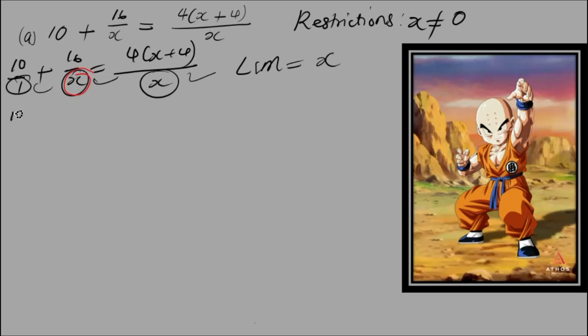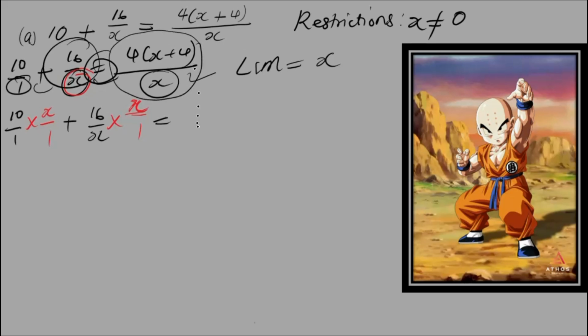So here you have 10 over 1. Multiply that with the LCM. It's going to be multiplied by x over 1. Do you see that? Then you move on to this fraction. You have plus 16 over x. Multiply that with the LCM. It's going to be multiplied by x over 1. Hope that makes sense. Then you have an equal sign. You write your equal sign. You move on now to this fraction, which is 4 into x plus 4 all over x. Multiply that with the